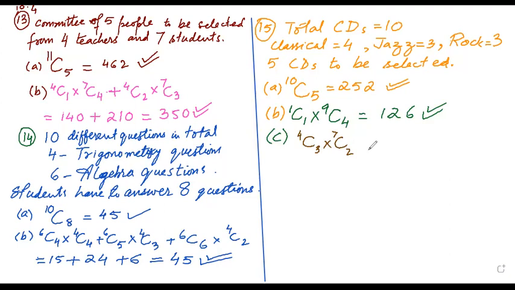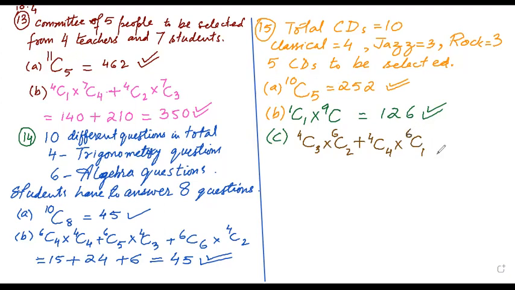Okay, or no, 3 classical, so this should be 6C2. Yes, 6C2, because he needs no more classical CD than 3. So that is why here 6C2, then plus 4C4, where we increase the number of CDs of classical type, then multiplied by 6C1, because one has to be selected more from the rest.